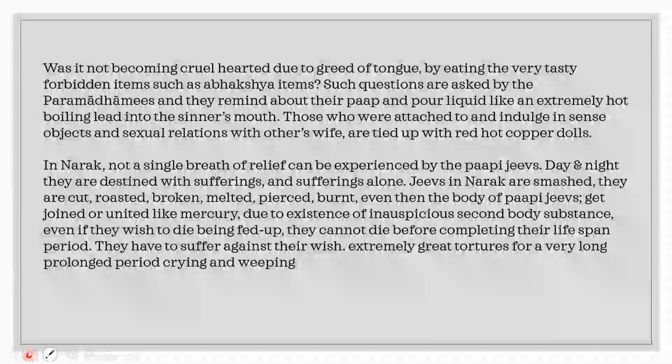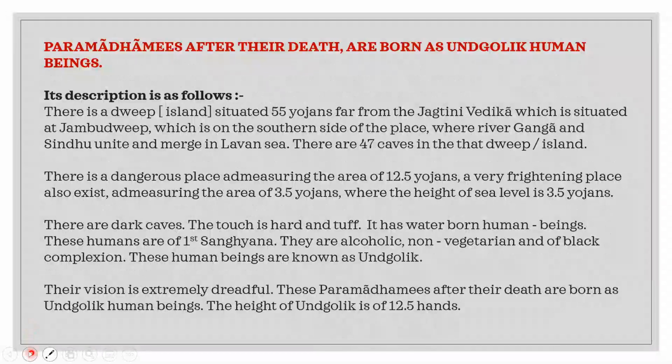So we saw in the last class, the only time the jeeves of Narkis, they have got sukh is during the Panch Kalyanaks of Tirthankar Paramatma. So whenever there are five Kalyanaks of Tirthankar Paramatma, that is the only time unko Anand ki anubhuti hoti hai. Apart from that, they are always in pain and sorrow. So now let's see what happens to Parmadhamis themselves after they die. So our Shastra gives a very detailed explanation on what happens to Parmadhami after they die.